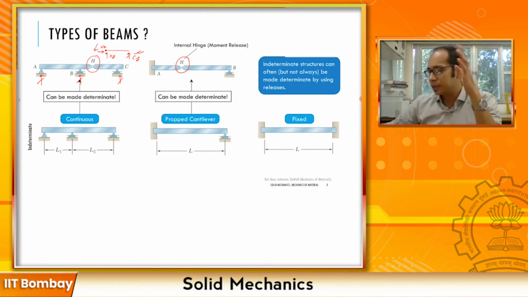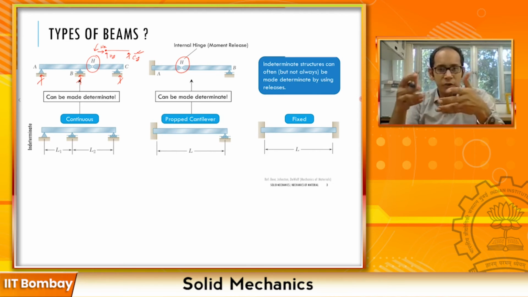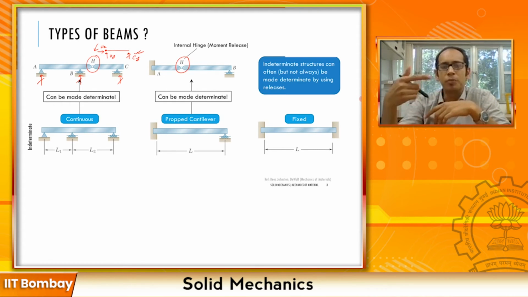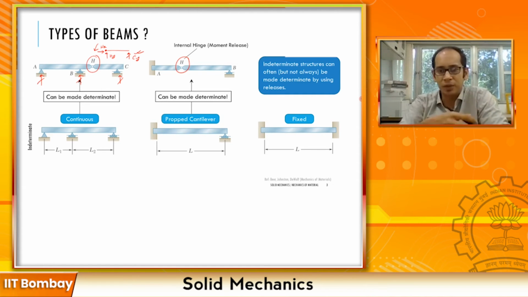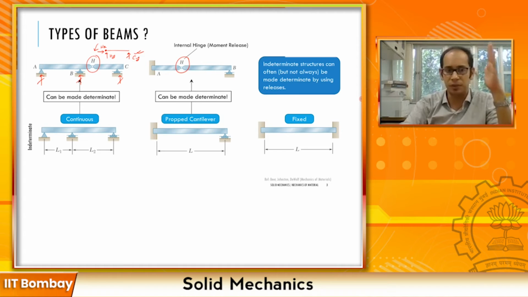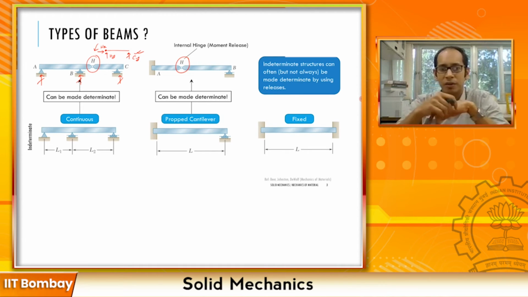So this is all that is there in different types of beam before we start solving the shear force diagram and the bending moment diagram problems. And why it's essential is because it becomes a part of your vocabulary. If all of a sudden somebody tells you, okay, I have a propped cantilever with this kind of load, then you are not wondering in your mind what a propped cantilever is. A propped cantilever is simply where at one particular end you have a cantilever, a fixed support, and at the other end you have a roller or a pin. So that's a propped cantilever, right?